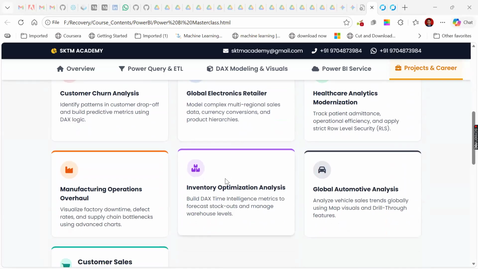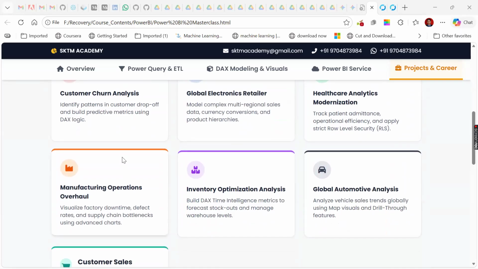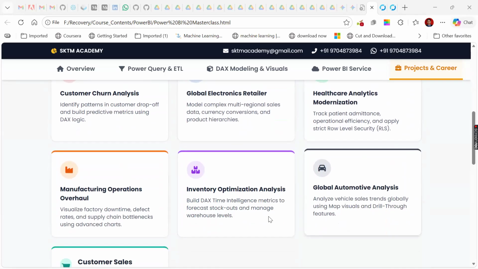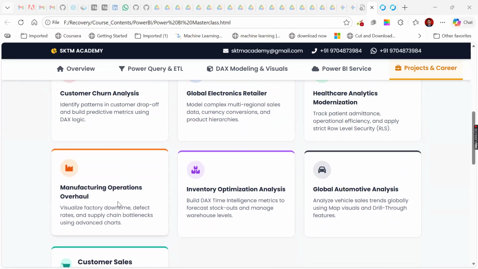I added that also here. You can see here. So all these we can see, how to use different features and how you can build different types of dashboards, because every requirement is not the same, right? Healthcare has different KPIs, automotive is different, manufacturing is different, supply chain is different, banking is different.